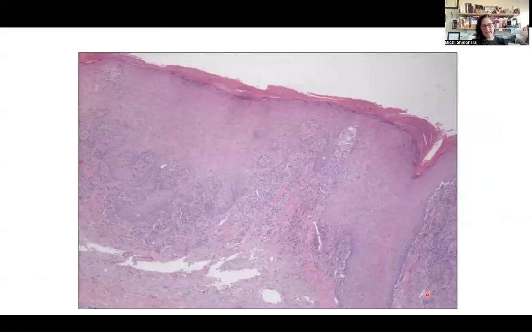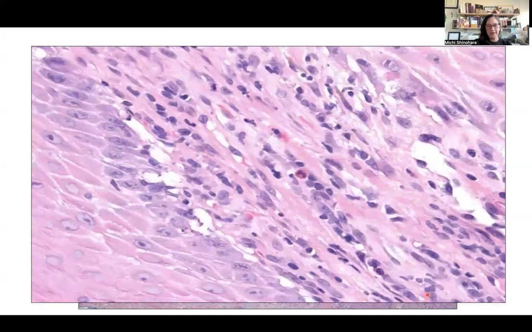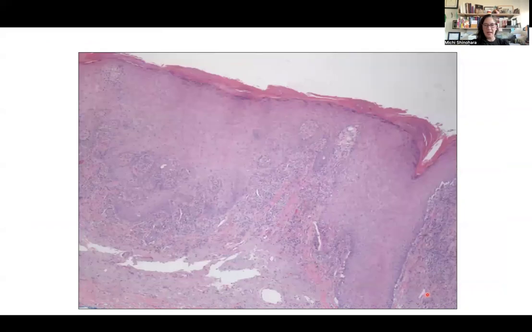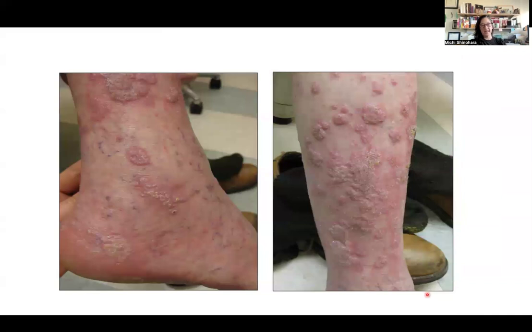And lastly, I'm going to show you a case where we have this very intense lichenoid infiltrate, a lot of acanthosis, really irregular, some eosinophils in the superficial dermis. And so a differential was made here of a lichenoid drug eruption, perhaps, if this is a single lesion, a benign lichenoid keratosis. As for clinical history, the patient has a new widespread rash that does look somewhat lichenoid clinically,